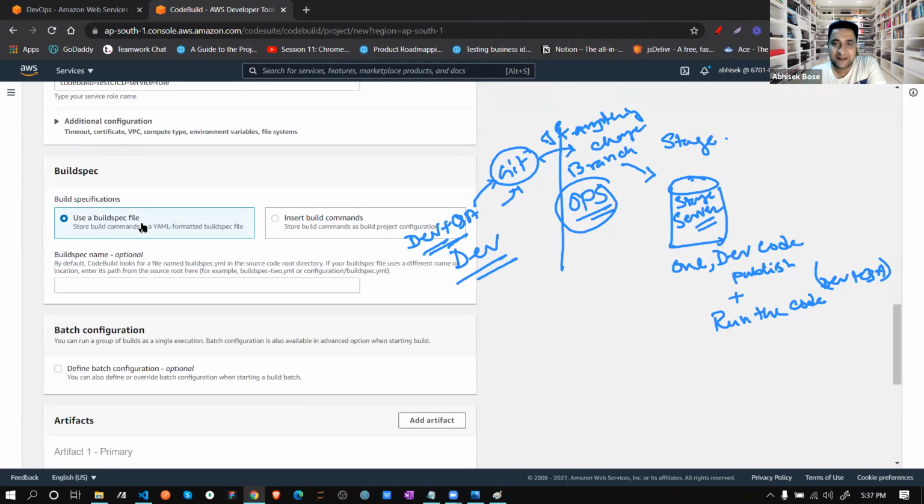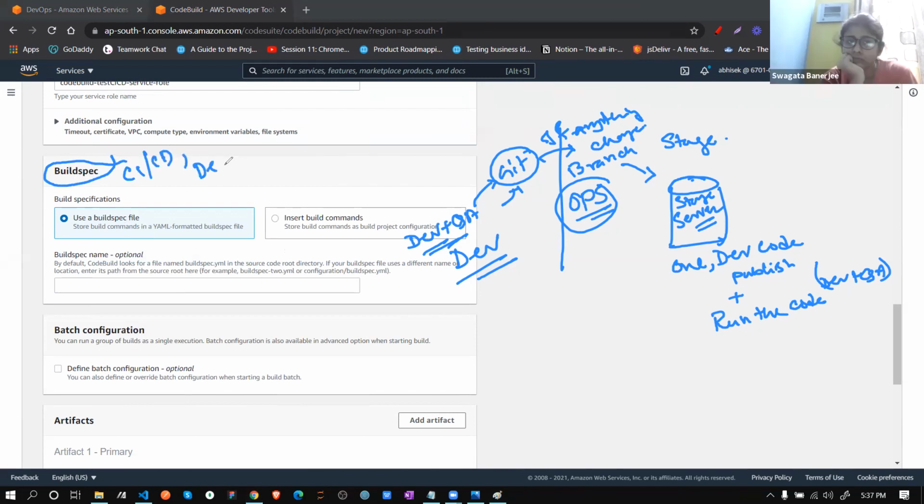Now, see, this is a very vital part again. This is the most vital thing. Without this, CI/CD or DevOps is nothing.